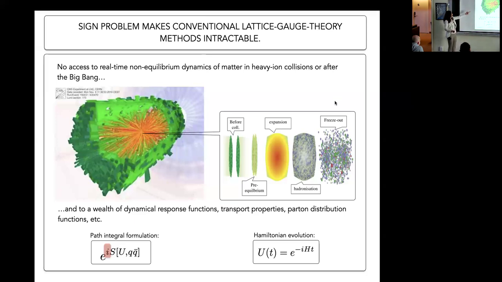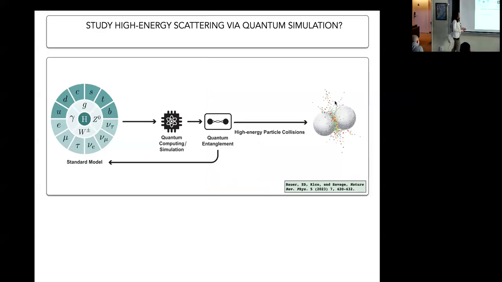So that means that we don't really have access to real-time dynamics after these collision processes. We can't think about things like thermalization and hadronization and so on, which are very important open questions in current particle and nuclear physics. What is the mechanism of thermalization, hadronization, equilibration, starting from the standard model in these processes, and a bunch of other observables that are real-time and are important for our program? We don't have access to them. So this is really the reason for seeking other alternatives. That's why we're here.